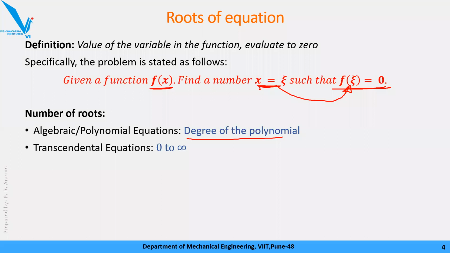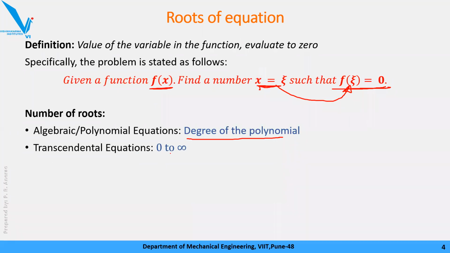So the number of roots for that equation becomes 1. If you are taking a quadratic equation, the degree is 2, and we know that we will always get 2 roots for a quadratic equation. If it is a cubic equation, the order is 3, and the number of roots is equal to 3. For x raised to 4 plus something, the order of that equation is 4, so we get 4 roots. So for a polynomial or algebraic equation, it is very easy to guess the number of roots. But for